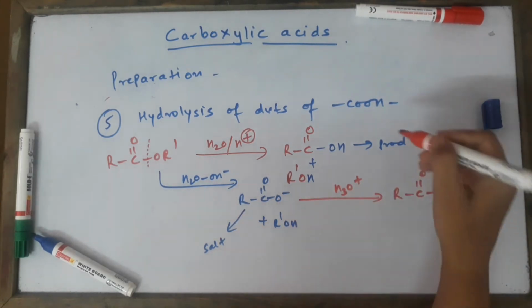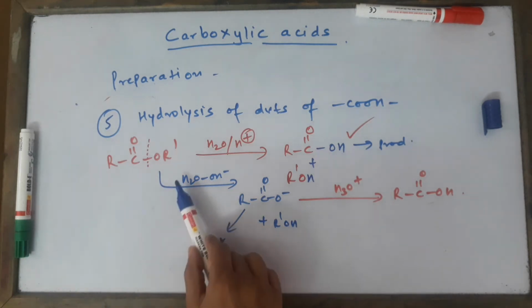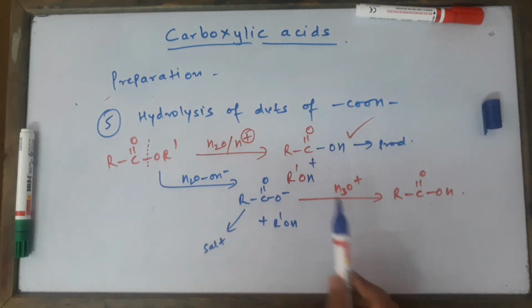So there's not much difference. In exam, if asked, I'll write the top method because it's a one-step method, whereas the second method, alkaline hydrolysis, is a little longer method. It is a two-step method. So this was quite simple. This was the easier method. Let's go to another one.